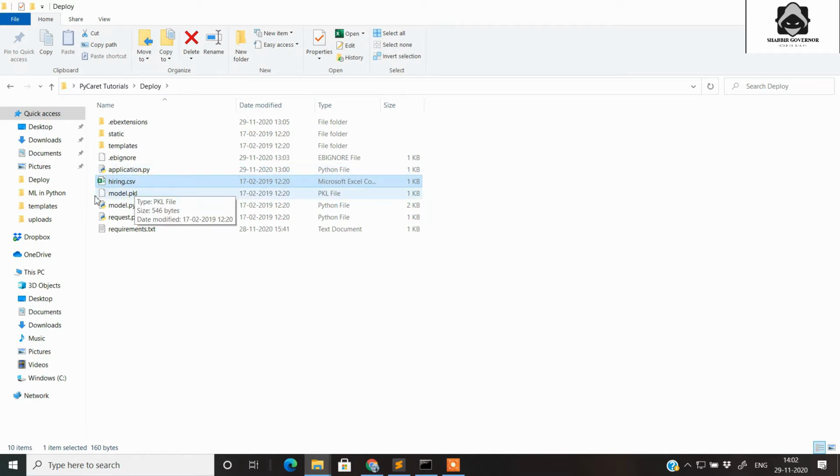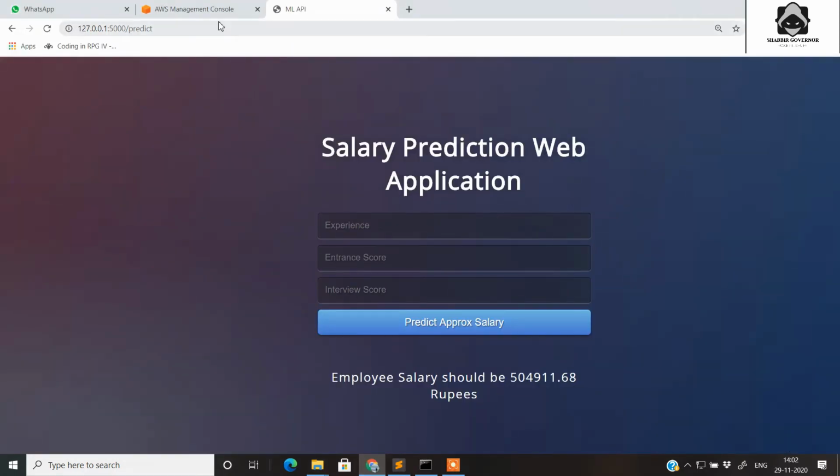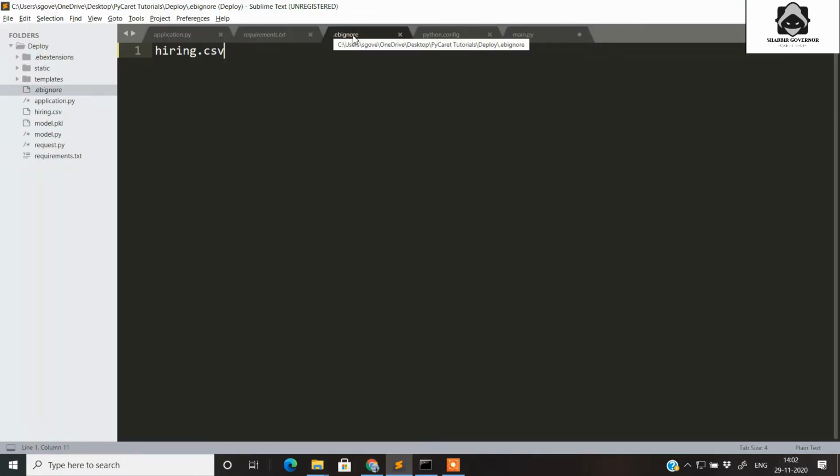I don't want this hiring.csv to be uploaded to my cloud platform, that is Beanstalk. So I mention it in the ebignore file as hiring.csv, that is the name of the file. If I had mentioned static or templates here, they would also not have been uploaded to my Beanstalk environment. So this is done.